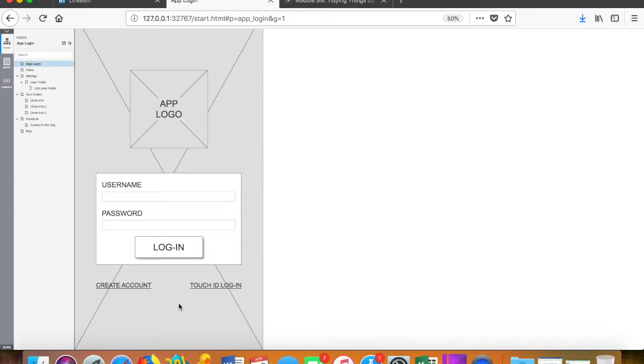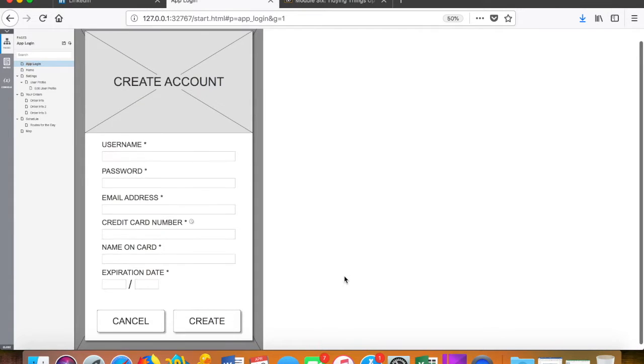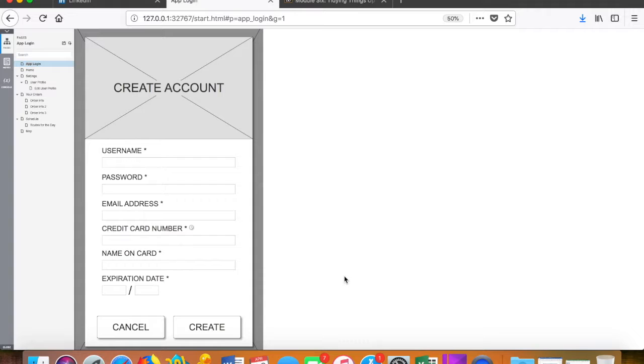So to start going through this process, we're gonna go create an account, and here we have our little overlay screen that will appear above the main app login screen. So this darker border is actually going to be the graphical treatment of the lower screen. So this is just a smaller little pop-up that appears once you click that create an account link. We have repetition here with the text fields, and this is a fairly simple and traditional design for a create an account